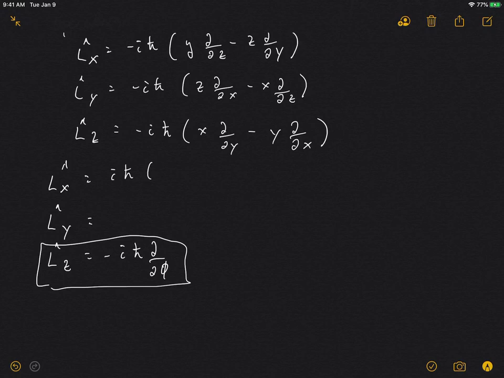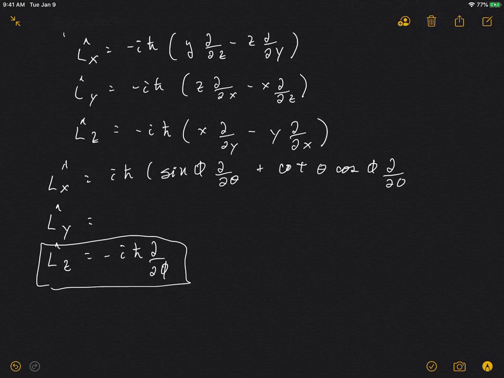You get this mess: sin phi d/d theta plus cotangent theta cosine phi d/d phi,